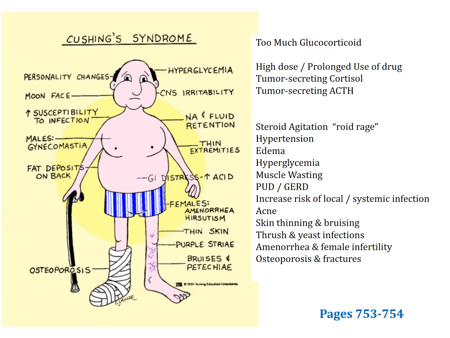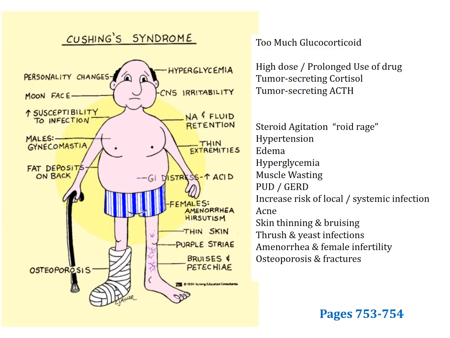So in the cartoon, you can see all the different physiologic effects, and they are listed as well. This is extremely important. Just like I want you to know the physiologic effects of hyper- and hypothyroidism, I want you to know the physiologic effects of Cushing's syndrome and of Addison's syndrome as well.